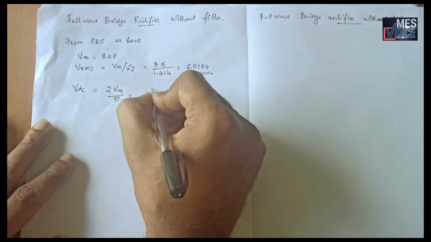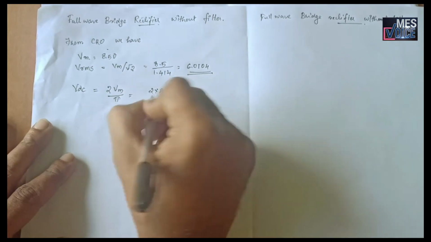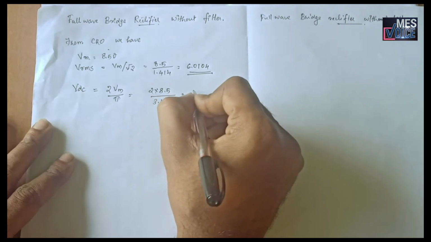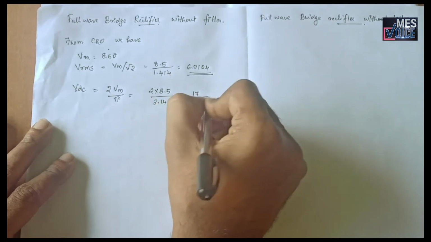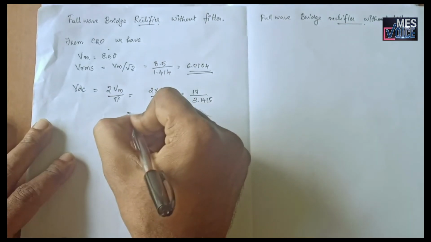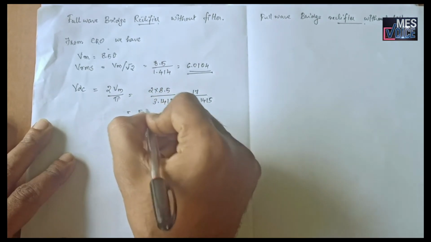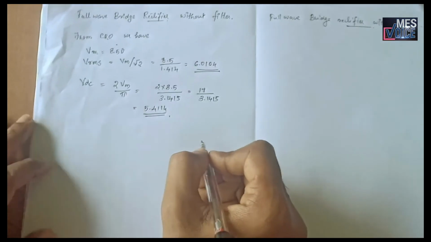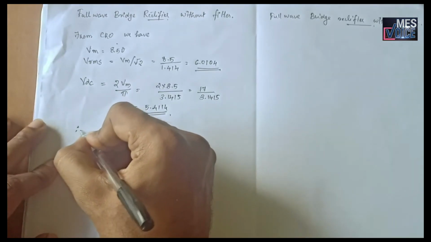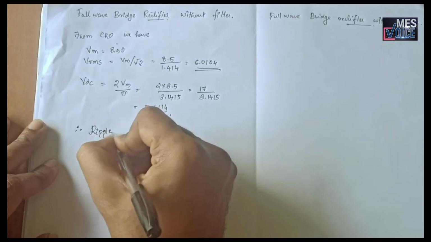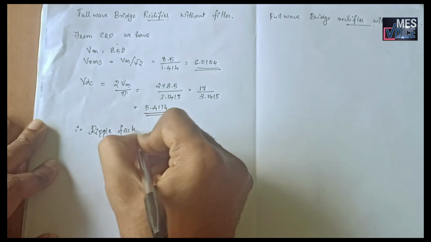Now we have to calculate the value of VDC. VDC equal to 2 Vm divided by pi, that is equal to 2 into 8.5 divided by 3.1415, which is equal to 17 divided by 3.1415, which gives the value of VDC equal to 5.4114. So now we can calculate the value of ripple factor by the equation ripple factor equal to root of